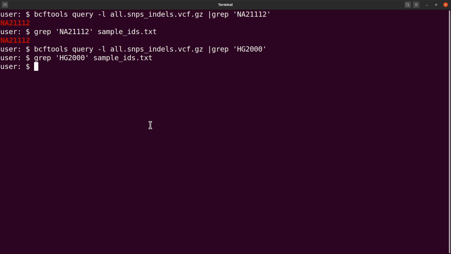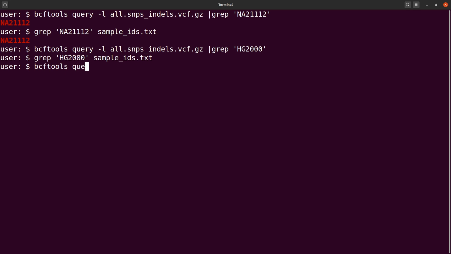With grep, you can also combine samples. Let's say you have two samples of interest and you want to check. You don't have to do them one by one. You can just combine them. So I'll show you that here as well. Let's say we want to look for these two samples. We want to check for the presence of this and then that. We can just combine them and say